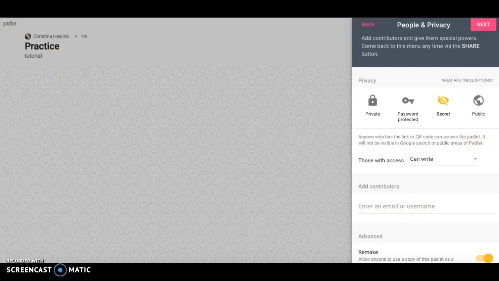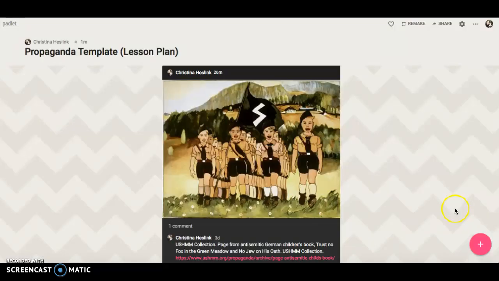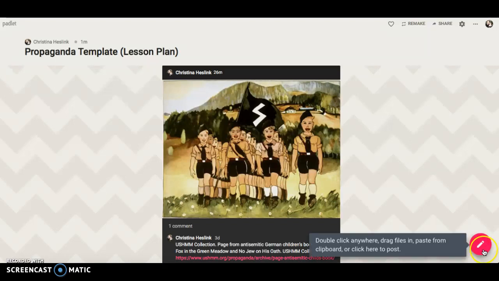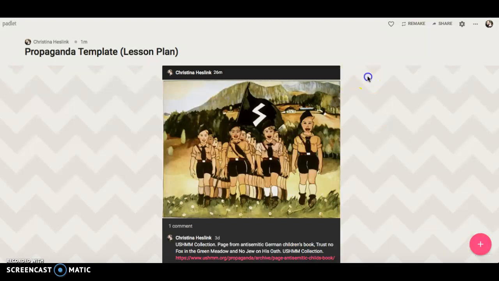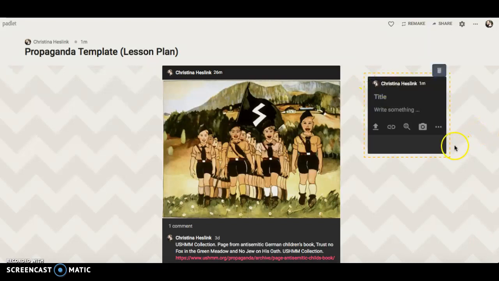I've gone ahead and jumped us into a Padlet template that I'm going to be using with a world history class so that I can show you how students would use this during collaboration. So if you follow me down here to this pink button on the right-hand side, and you click on it, you'll notice that it turns into a pencil, which means that anywhere you click, a little box will pop up. You can go ahead and add comments,